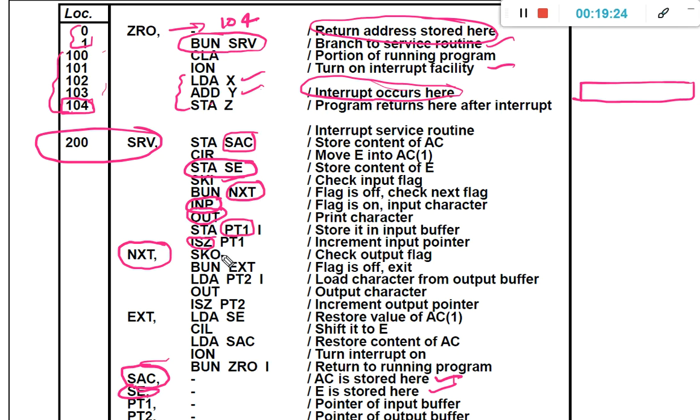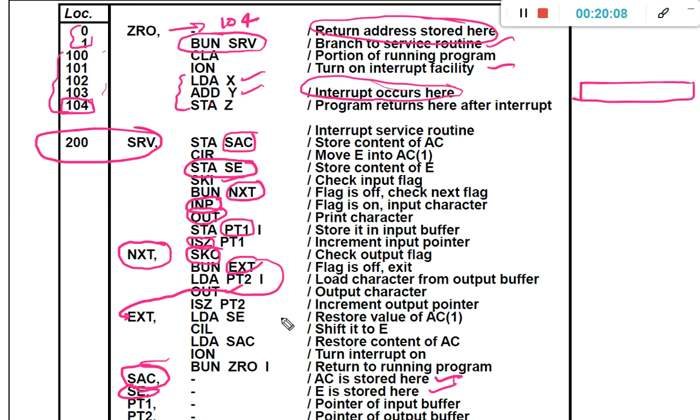If the input flag is not there or the input operation is completed, then check for the output flag, SKO, and if the output flag is off, then we can directly branch unconditional to EXT. However, if the output flag is on, then we need to load the content from PT2, the buffer pointer 2, into the accumulator register and print or display on the screen.